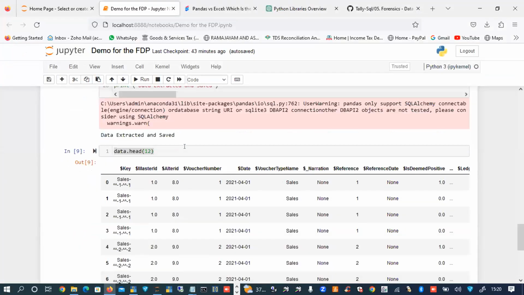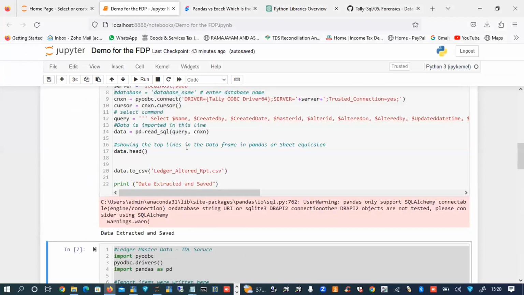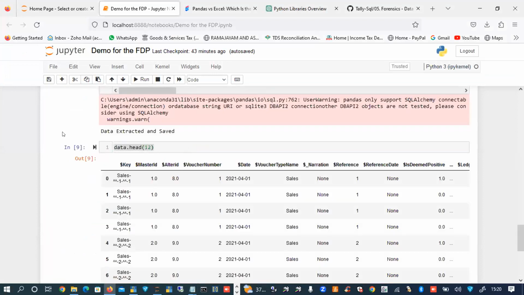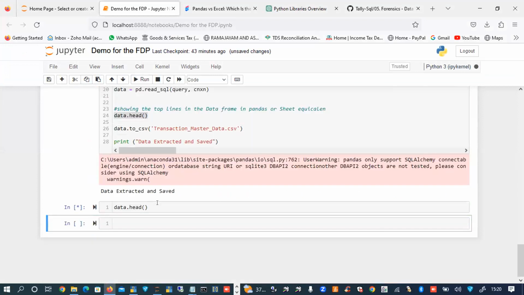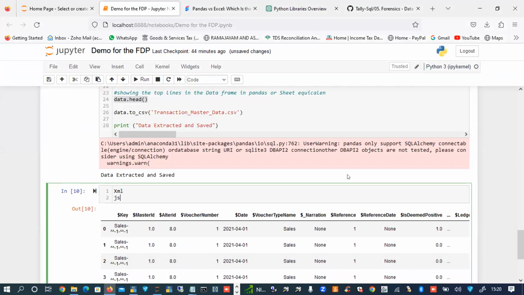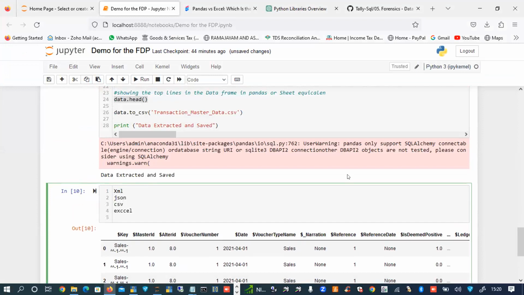Now, data importing we have seen. I told you, you can use files like XML, JSON, CSV, Excel, HTML.